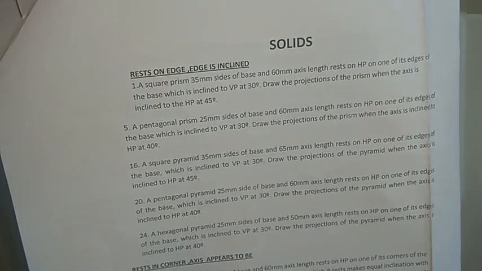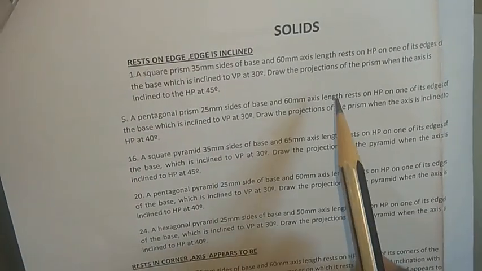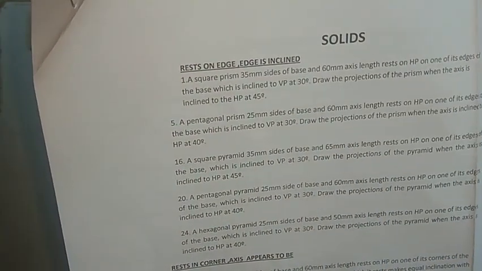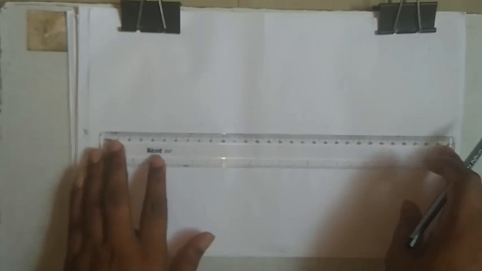If you can understand the procedure for one solid, you can learn all these 5 problems in that one. Now the things to be noted here: the solid is not like a plane, so you can have a small space, and you need to manage the space in the sketchbook also. Normally, start at least from the left side, the first grid line. So where we are going to do that one.